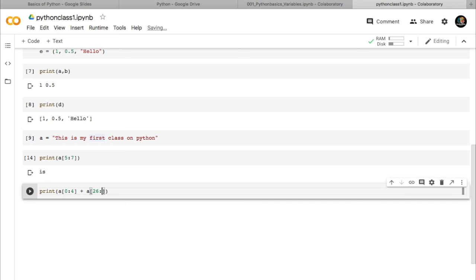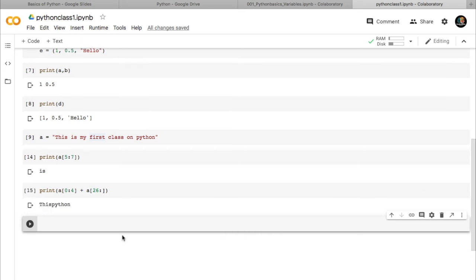I need to start with 26, and it is not necessary to give the last number here because it has to start at 26, that is P, and go all the way up to the end, right? So we can also leave it as it is, and the computer will take it all the way up to the end. We will just see what is going to happen.